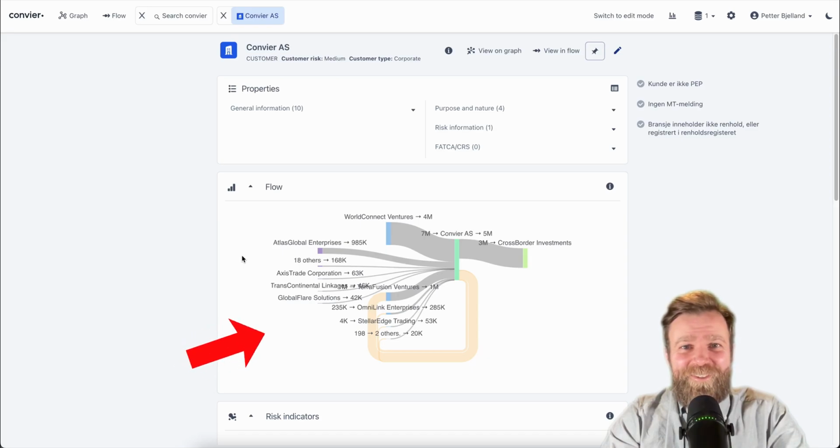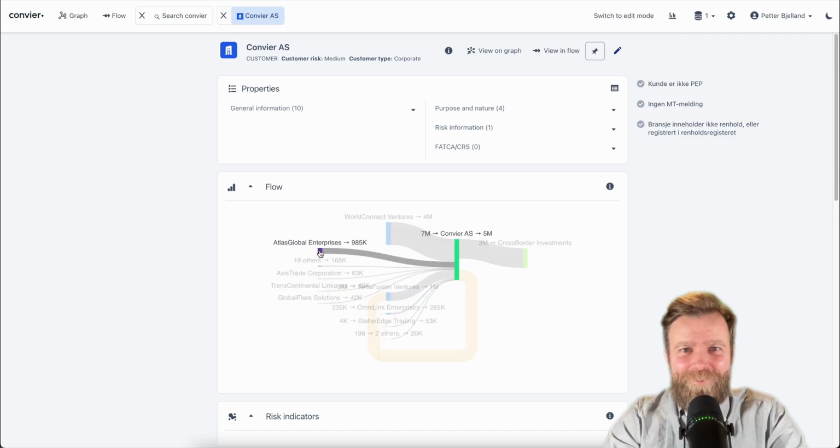This is a circular Sankey chart. It is a great way to see how things move through a network. In this example, I see funds flowing into a customer's accounts from the left and out from the same accounts